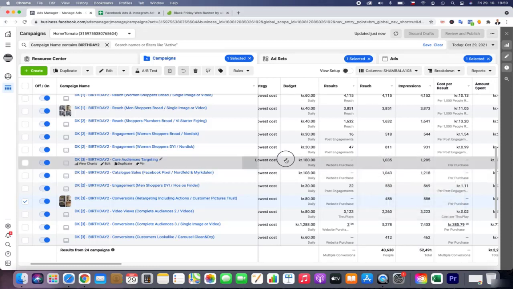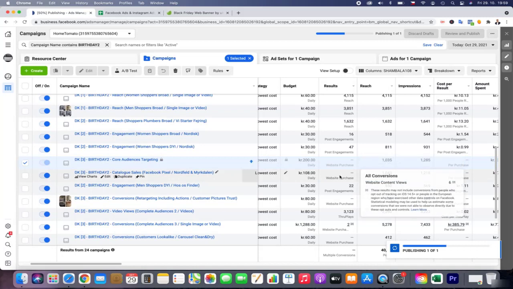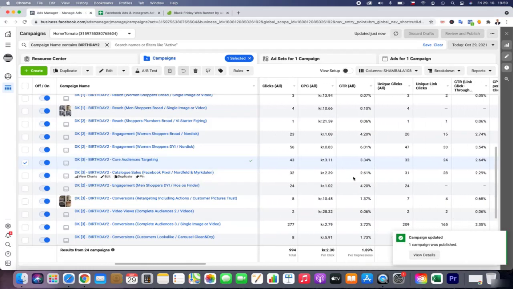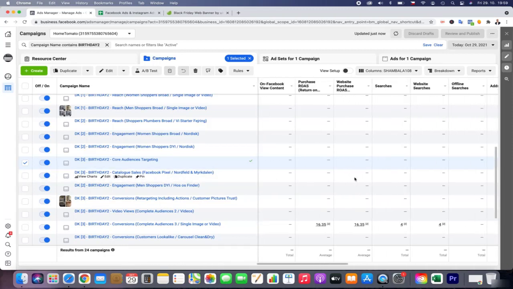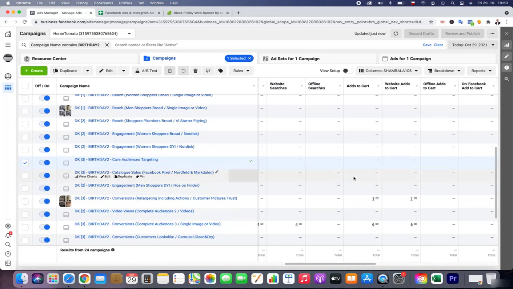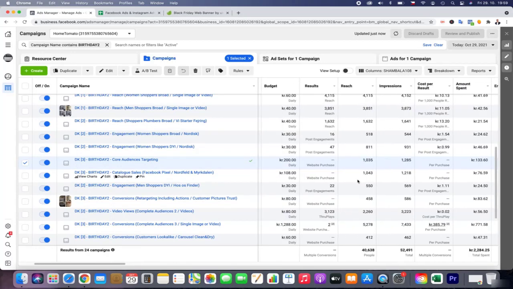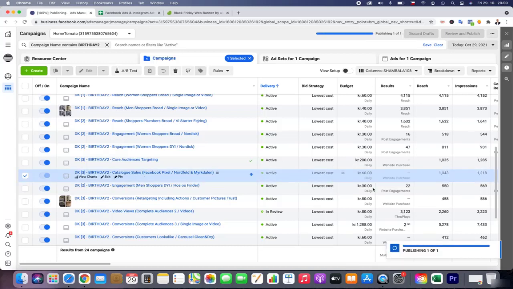Then I would even put there a little bit more budget because it can be promising. Then we have this catalog, it's also doing well. But with catalog, I'm not happy with the content views. I will decrease the budget for 60. I will just keep it as support to show the prices, but I'm not satisfied with the content view.